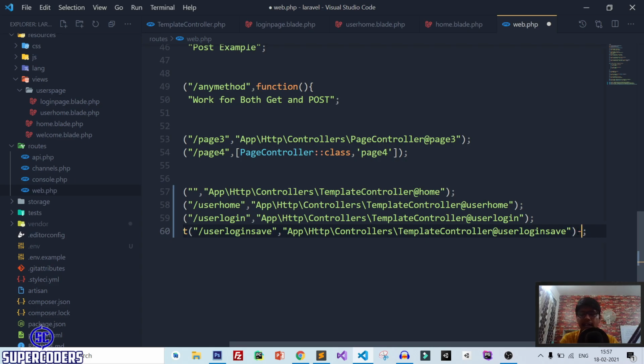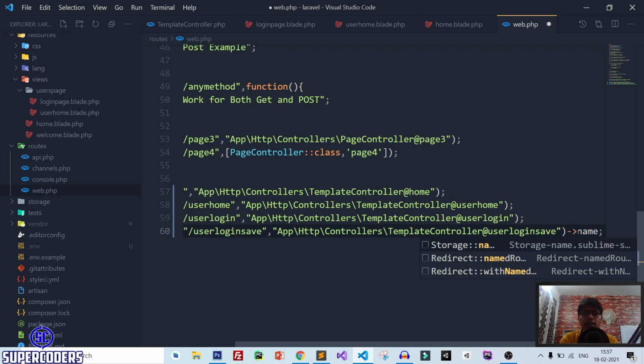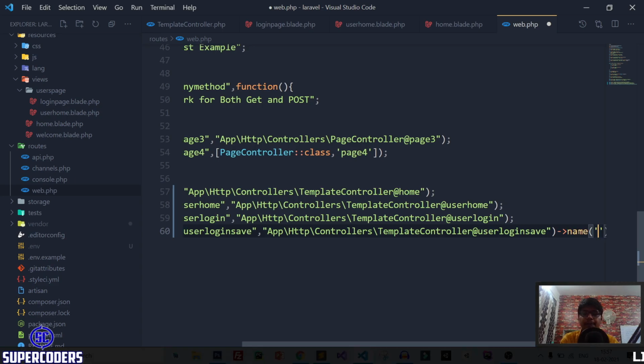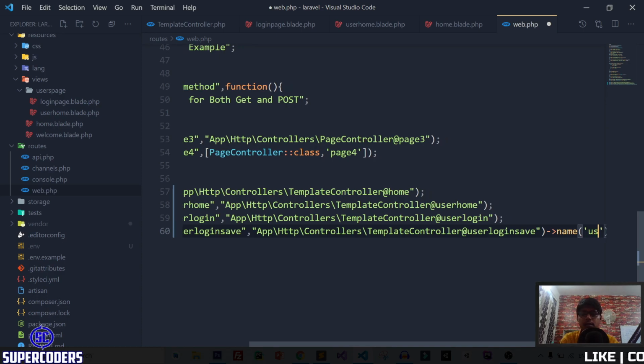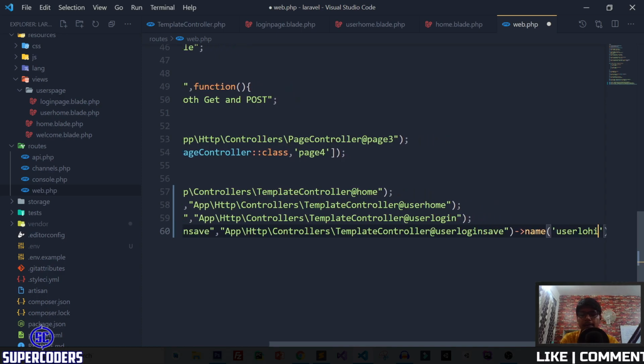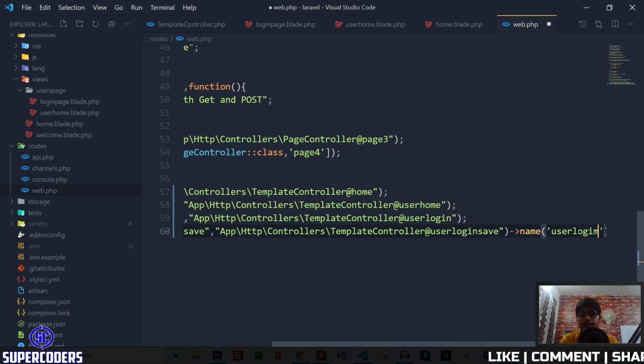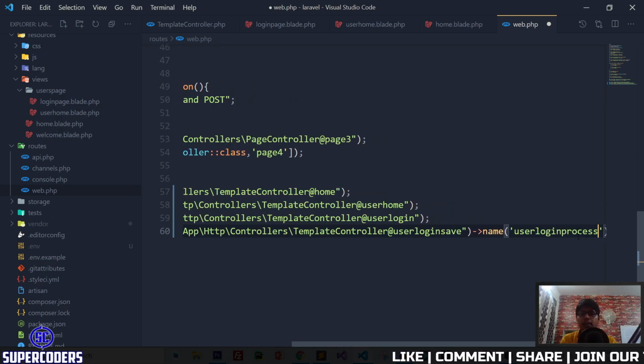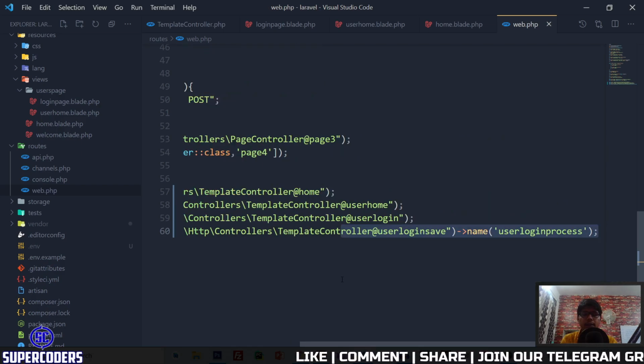So suppose that here I am using name user login process. Let's copy this name and save this file.